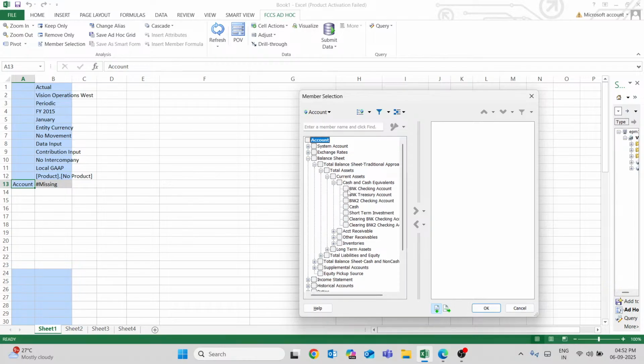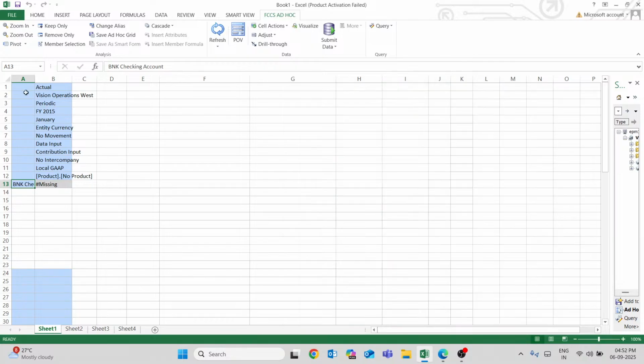We have this bank checking account. So we're going to take this only here and simply press OK. Now after inputting this,